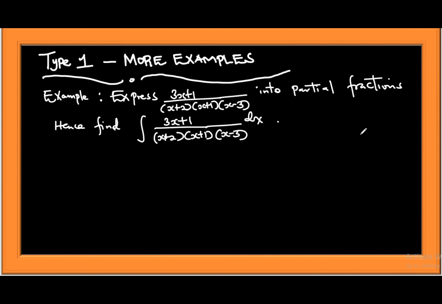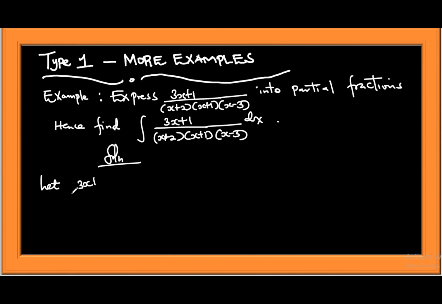Of course, something to first appreciate before we start, like I told you earlier in the previous tutorial, look at the power of x in the numerator. It is power 1. When you open the brackets, the denominator's highest power will be 3. That means this is a proper fraction, and therefore we move on directly by qualifying it to be under type 1. So we shall follow the same procedure, and we shall begin by letting